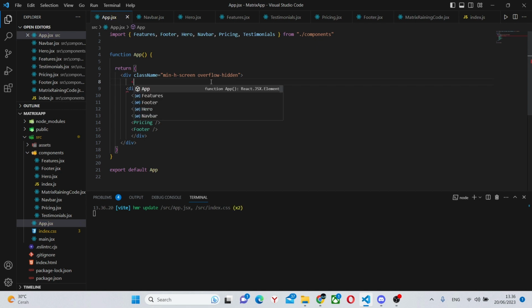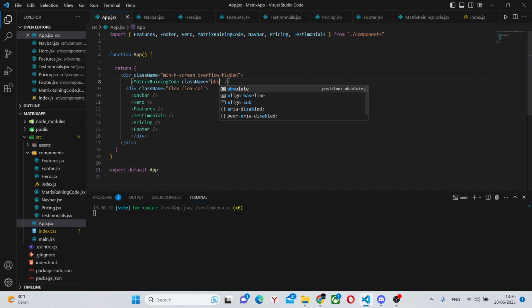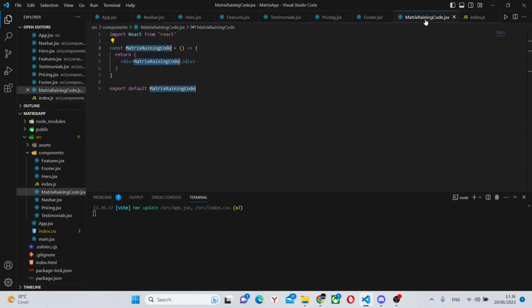Next, in here, we can actually put the matrix training code and say className equals absolute inset-0.